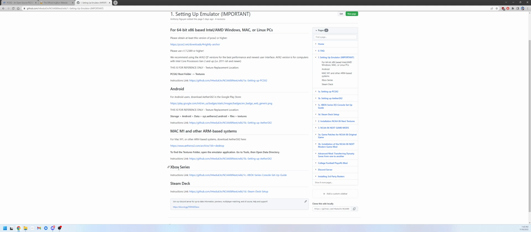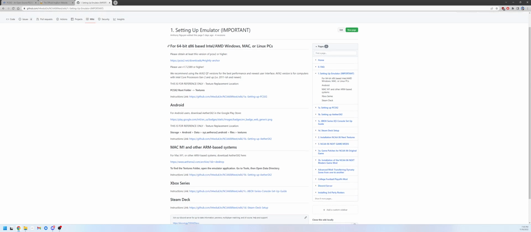There are also setup guides if you use the Xbox Series S or Series X consoles, as well as a new guide we put up for the Steam Deck. Each of these have their own versions of the PlayStation 2 emulator, or multiple versions in some cases, that you can try out. Okay, so the first thing we want to do, step 1 here, is go obtain the